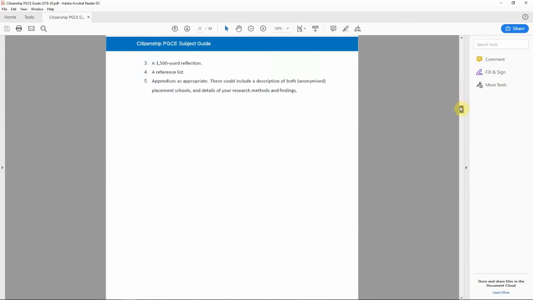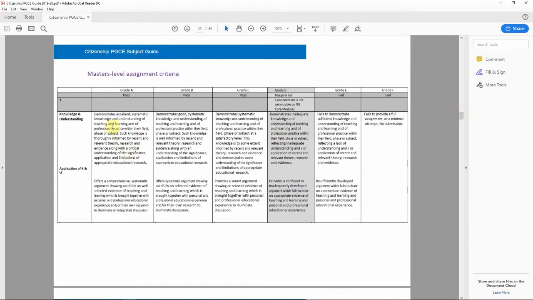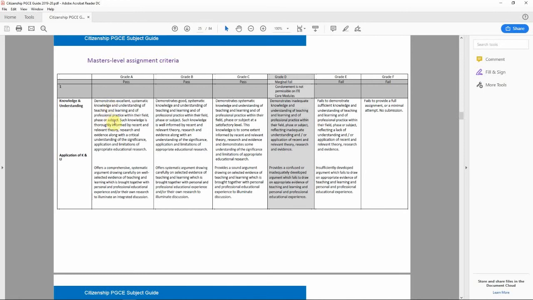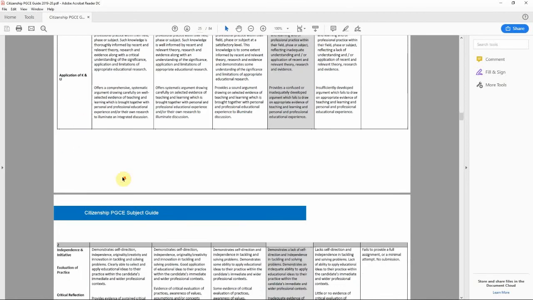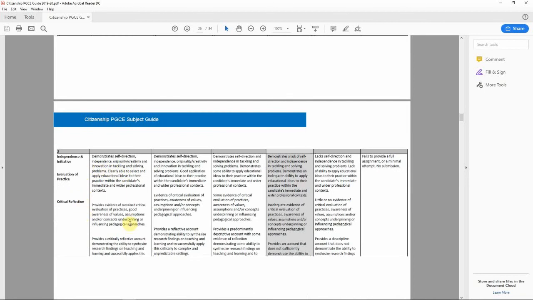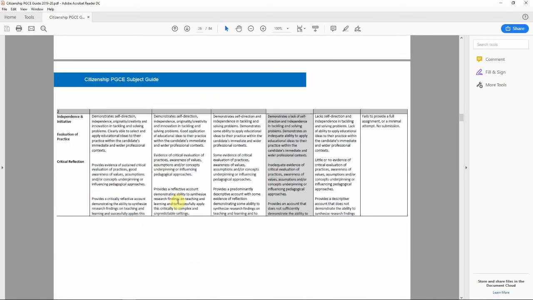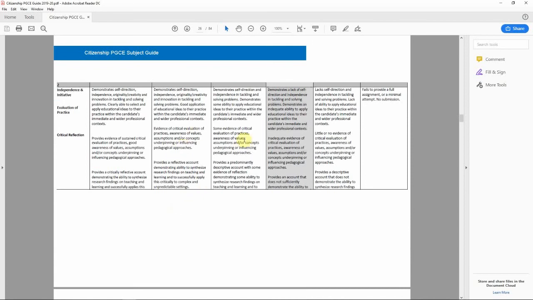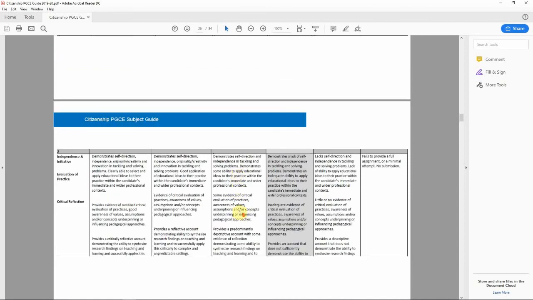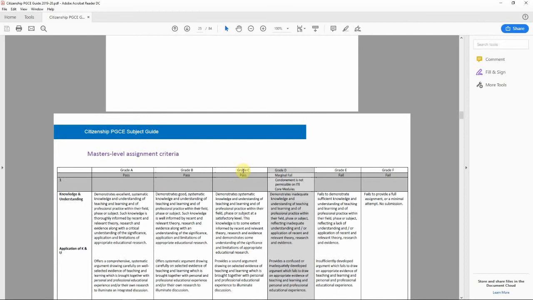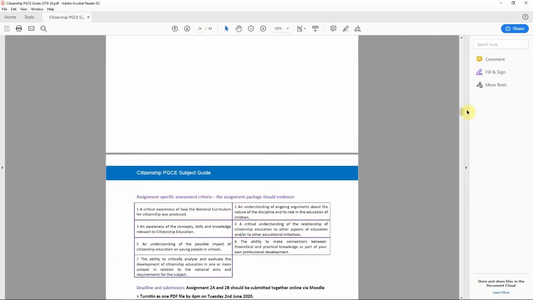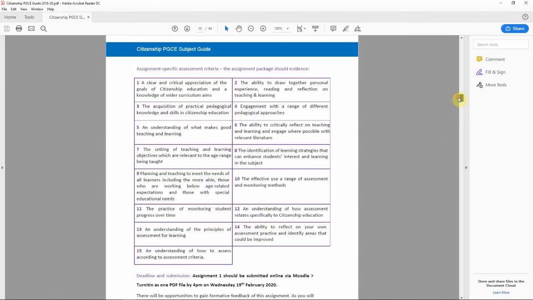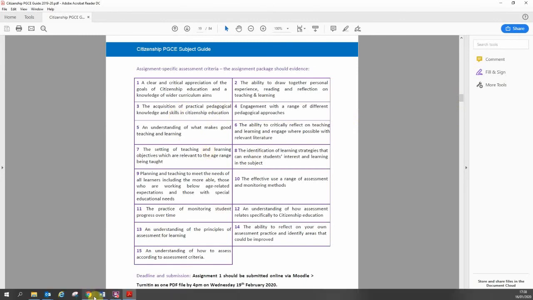Now, if we then go to, well, here's the pupil monitoring form. And if we then scroll ahead past MA2, here is the master's level assignment criteria. So how we are assessing you based on the grade A, B, C category. And again, read this and think about your knowledge, understanding, application, independence, evaluation, critical reflection. Are you doing these things, and how are you doing them? Now, in regards to this, you can see very clearly a C grade piece of work, and indeed how, again, if we go back to here, how this is addressed in the example